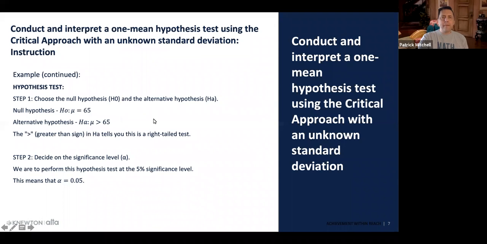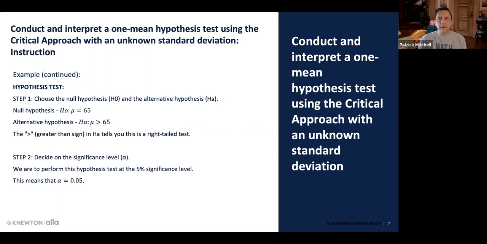All right, so the first step is to choose the null hypothesis and the alternative hypothesis. So remember that the instructor claimed that the mean score was higher than 65. So that would automatically be our alternative hypothesis. And then the student's claim would be the null hypothesis. It's kind of unusual, and your book doesn't seem to put a lot of emphasis on this. Usually in a hypothesis test problem, there is only one claim, and that kind of helps you decide how you're going to word your